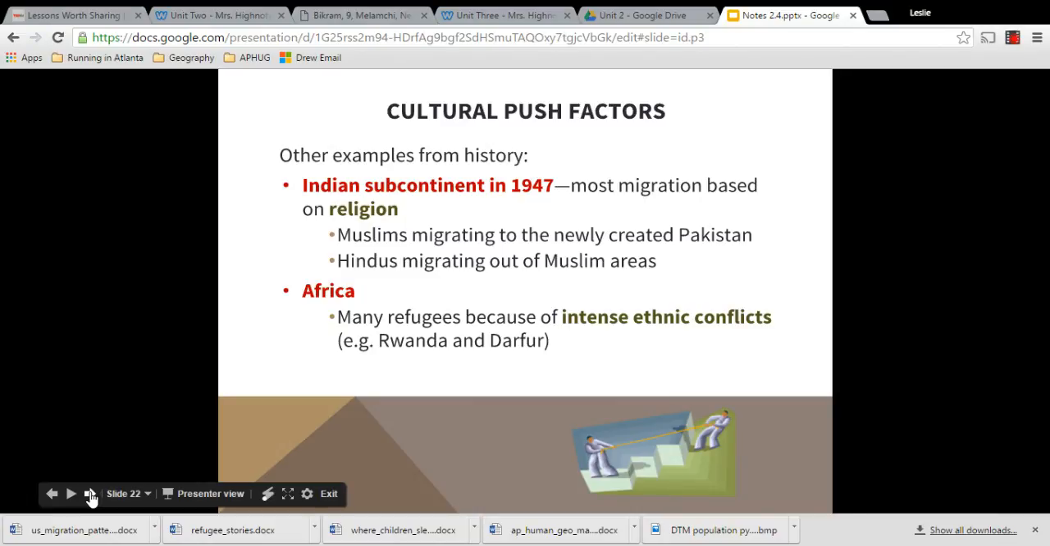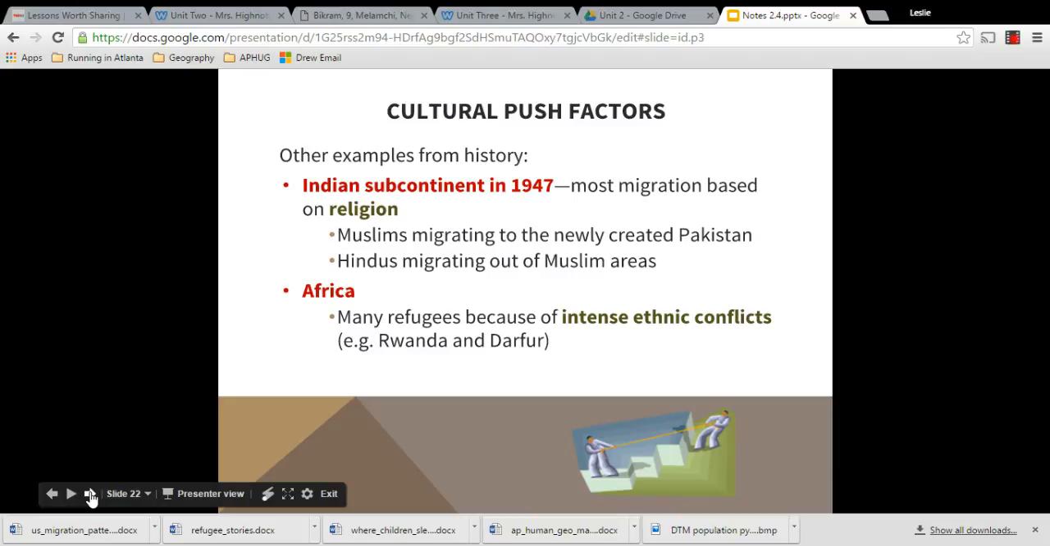Some more examples from history. The Indian subcontinent in 1947: there was a mass migration, mostly based on religion. When Great Britain walked away from India, India became a sovereign nation that housed two very distinct cultural groups. They agreed to split India and Pakistan away from one another. The Muslims migrated to the newly created Pakistan, and Hindus migrated out of Pakistan and into modern-day India, creating relatively